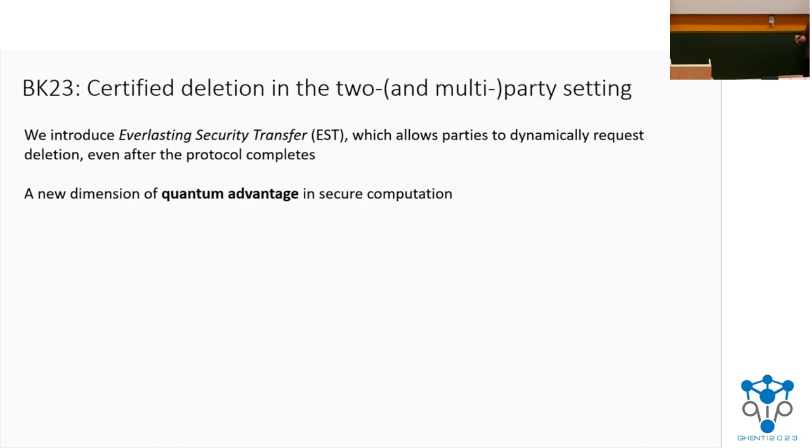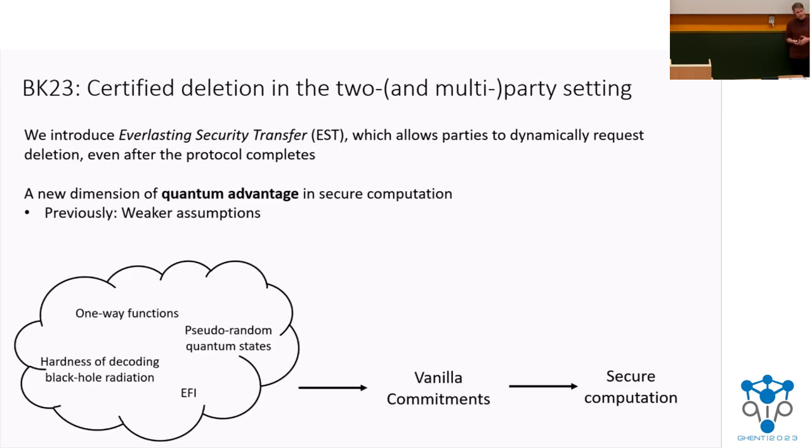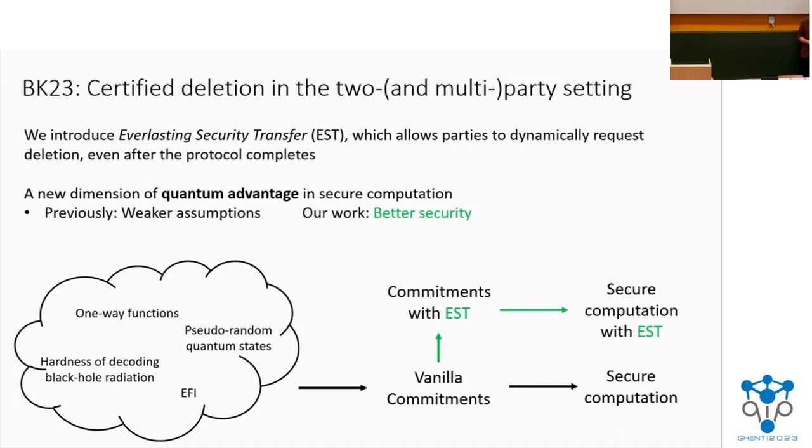One is that it gives a way to see that quantum communication or computation gives you an advantage in secure computation. Previously, there's been a lot of work on showing that you can get secure computation from weaker assumptions than what are known classically. And our work shows that you can upgrade these to even achieve better security